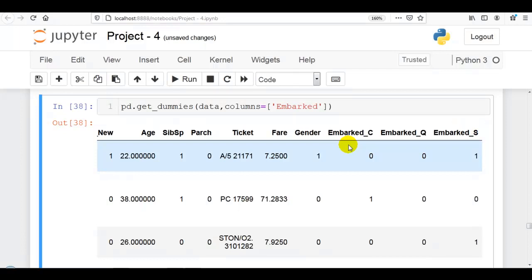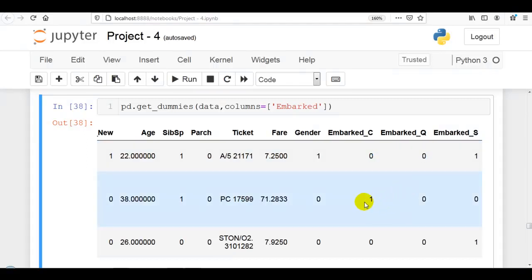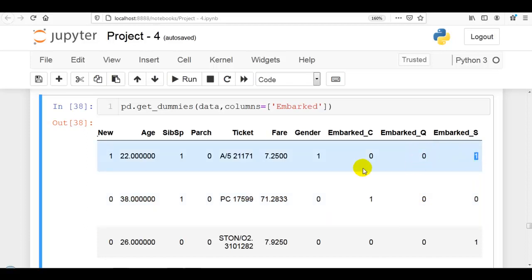Now let's understand the dummy variable trap. The dummy variable trap is a scenario where attributes are highly correlated and one variable predicts the value of the others. If we have a 0 and a 1, we can predict the other will be 0, because here the person's journey started from S, Southampton, so the rest will be 0. With these two columns we can also predict the first one, because if both are 0, then obviously the third one will be 1. So with these two columns we can predict the value of the first one, and we can remove this column. Now let's remove the first column.